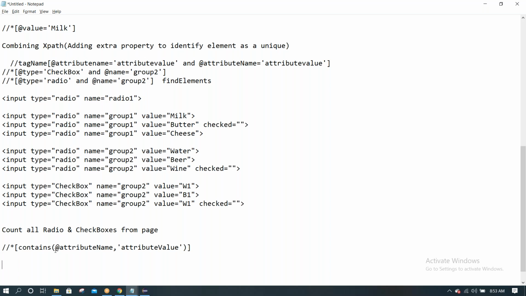Now try to write XPath for this. We'll see how you can write. Using contains, try to write XPath which can identify radio buttons and checkboxes as well.